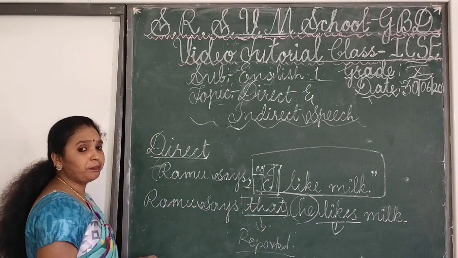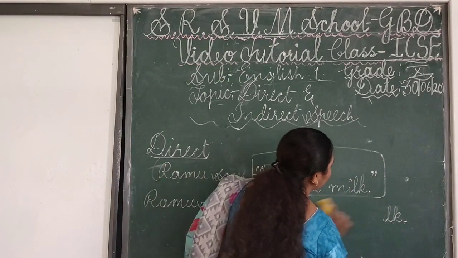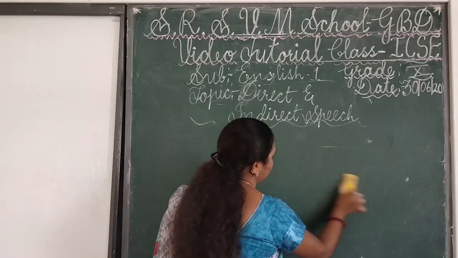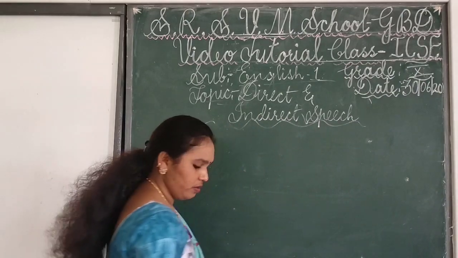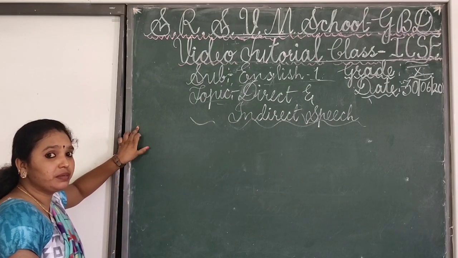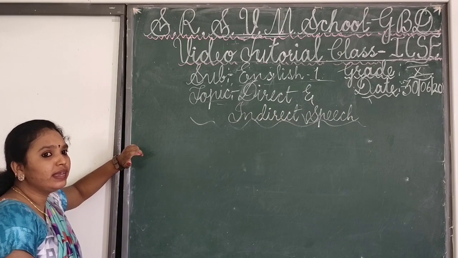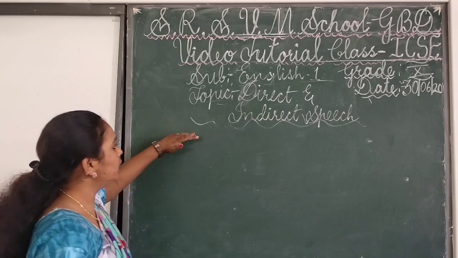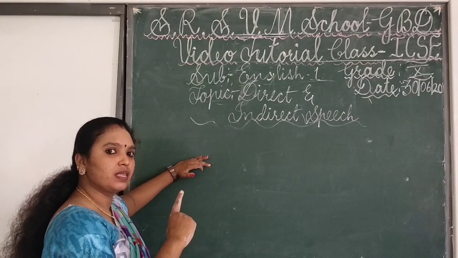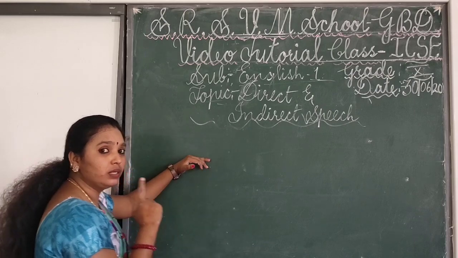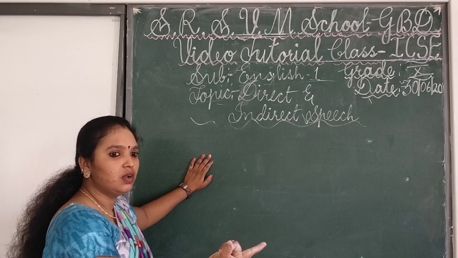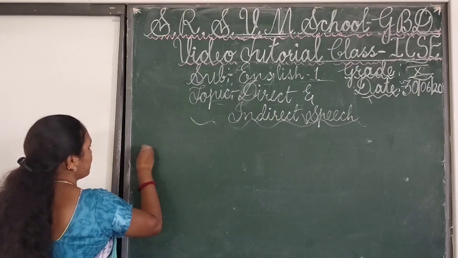Okay, how can you report this when it becomes reported speech? Reported speech is the conversation between two people. Clear? When I am changing a direct into indirect speech, it is just said and just listen. When I talk about a reported speech, it is the conversation between two people. Okay, for an example,